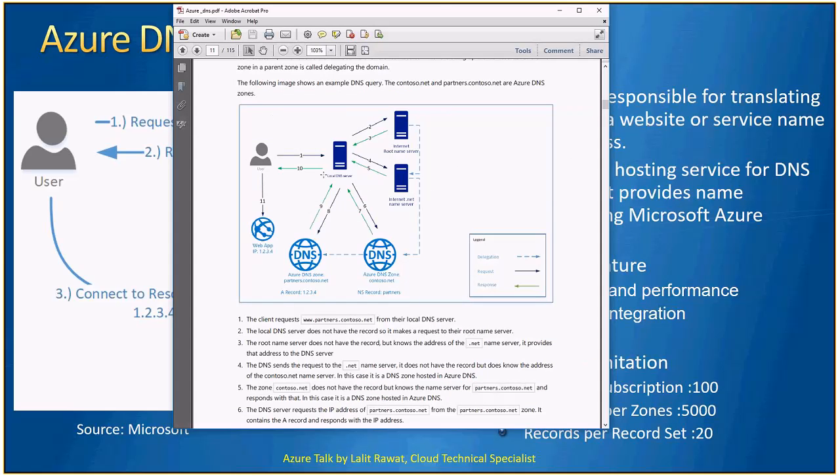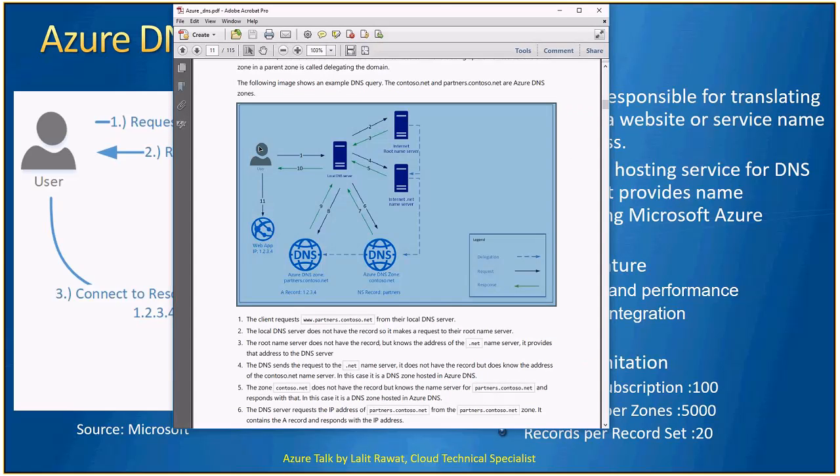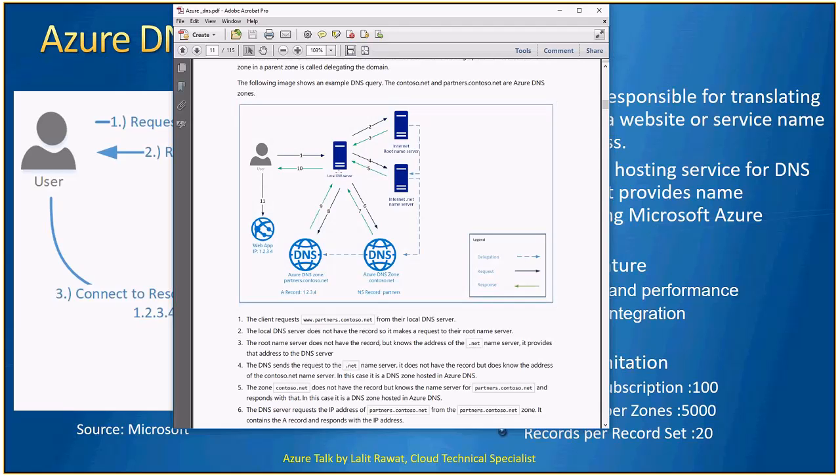So basically, this is the diagram over here. If the user is there, then it just searches in the local DNS server, and then it will go to the root name server. Suppose you are querying www.cloudeasy.com and it does not find any cache or any name over here, then this local DNS server will route it to the root domain server, which is nothing but .com, .in, .net, and in a similar way it has 7 or 8 root servers. So it just goes to the .com. I was not able to find that